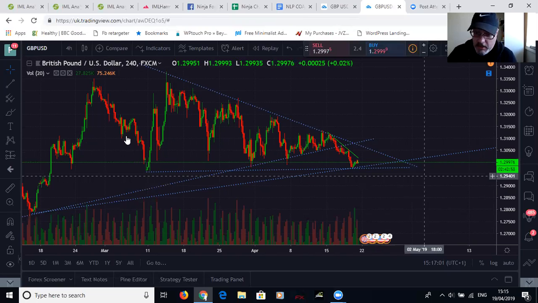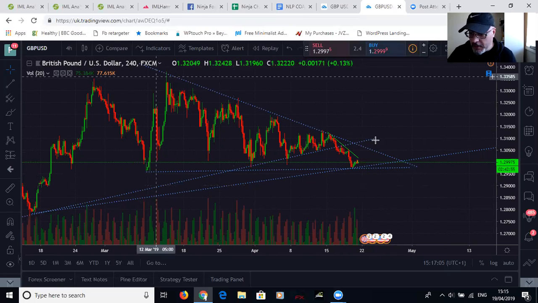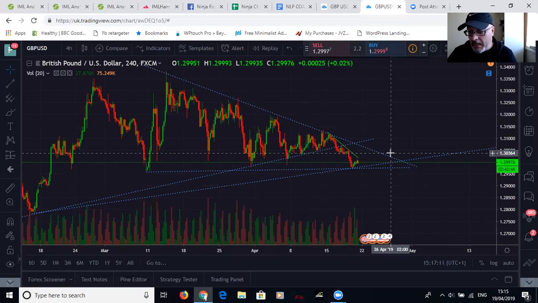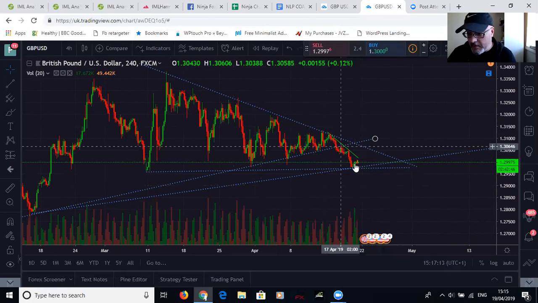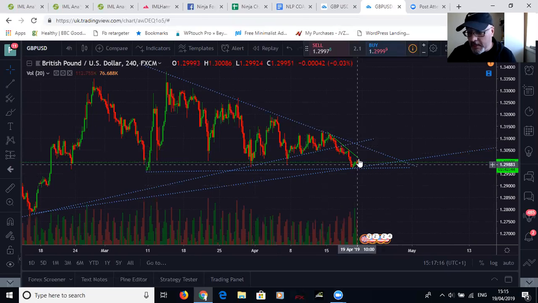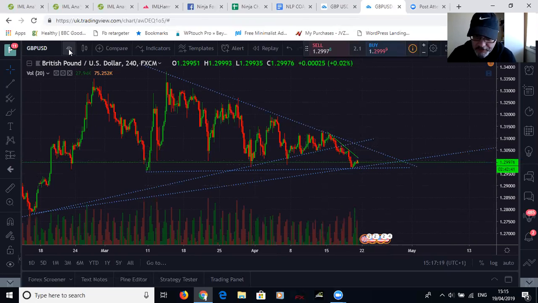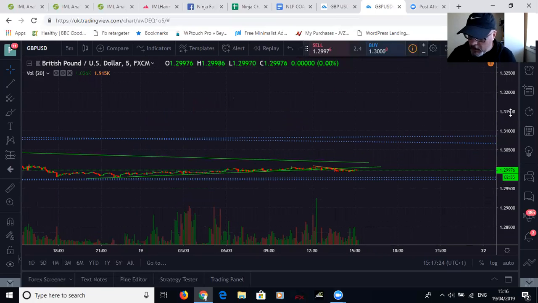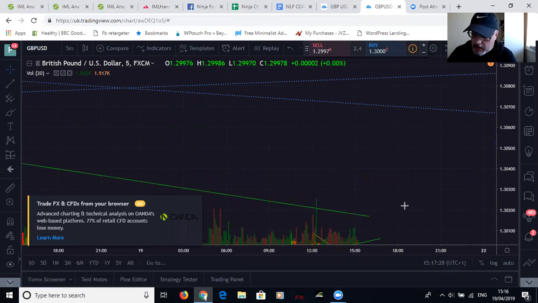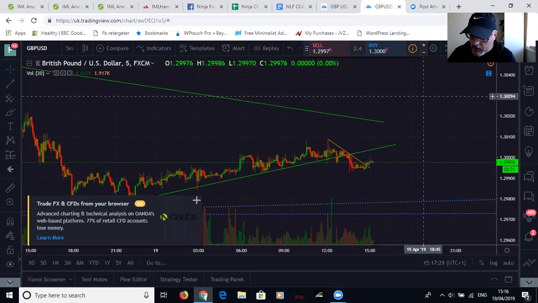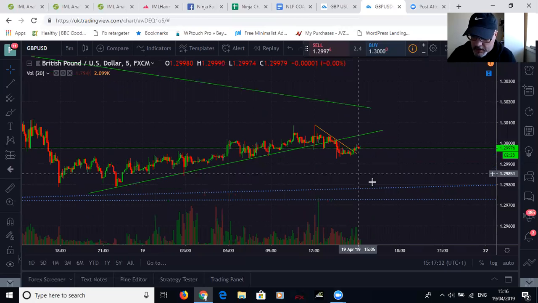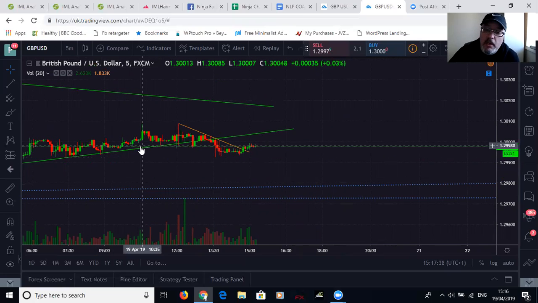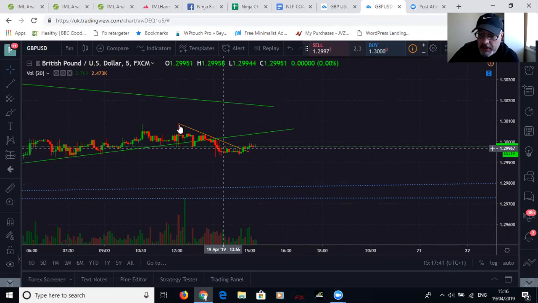So overall, you can see we've got this downward trend on the 4-hour, daily, coming down that way. So we can see the price is moving down, and then it's been in a push up. And then if we head back to the 5-minute, we can see that price has broken through the green hour time frame trend line, and we've got this trend line down here